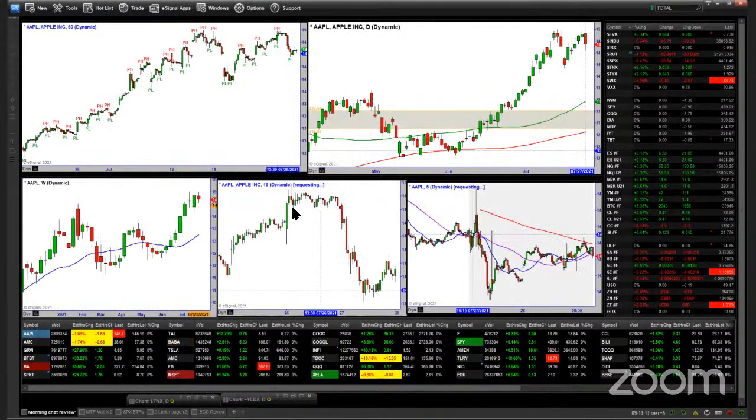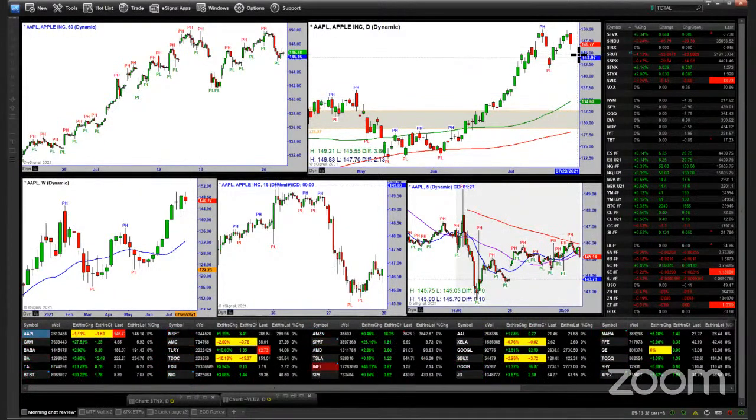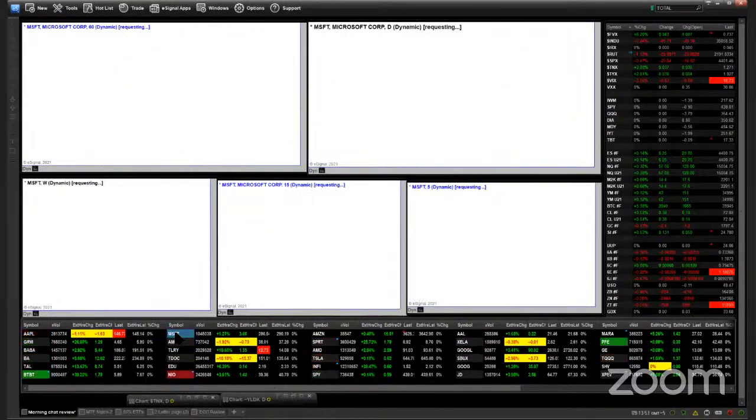So you see Apple making this huge run and making this retest pattern, what we call an M type of a top. Where is it here? 145-ish. Really not a big deal, of course, but lower. Beginnings of a topping pattern. Got some significant support down here, the 50, the 200. Of course, this will take weeks probably to unfold for that to come down here. But should it begin to move down and the others which have made big moves start to do the same,